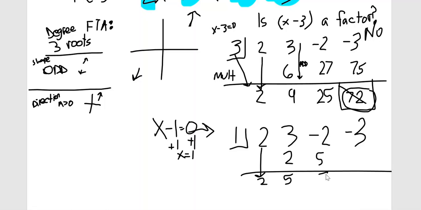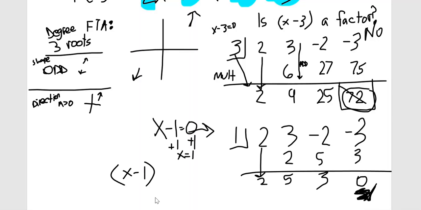Then 3, and then 3, and then that's 0. Oh, look. Yay. That one worked. It gave me a 0 at the end, which tells me x minus 1 is indeed